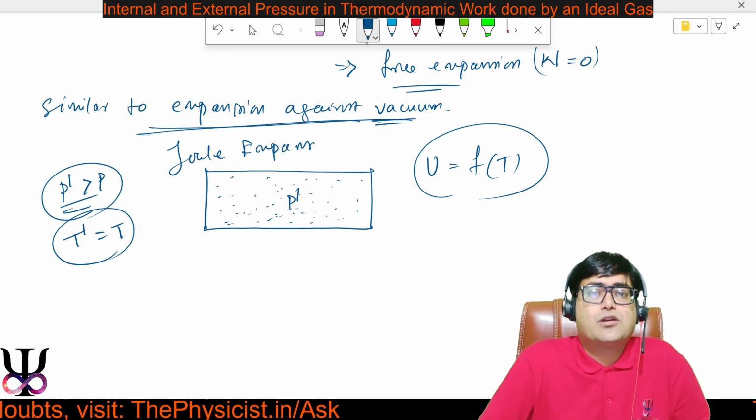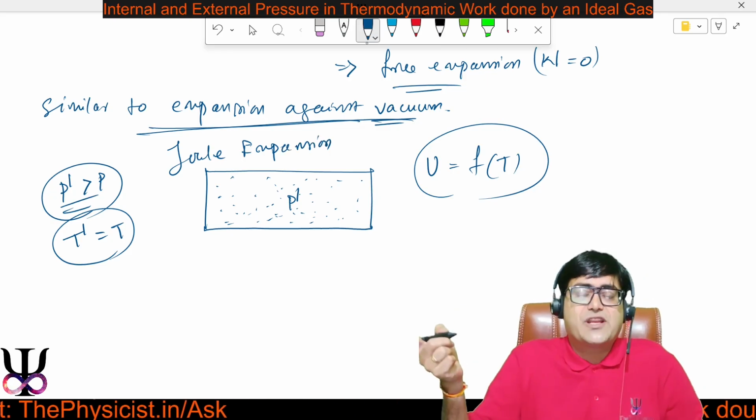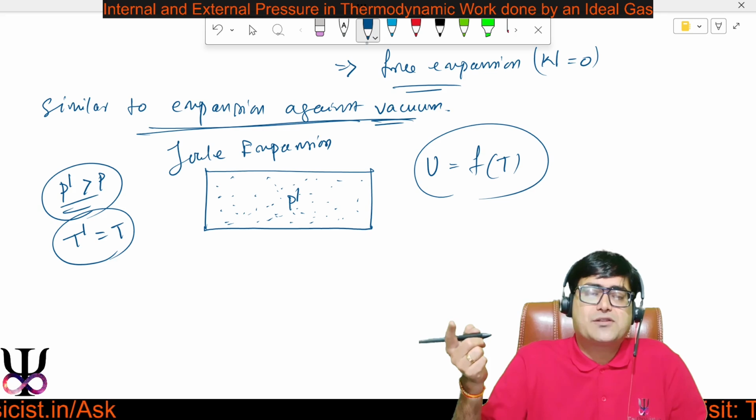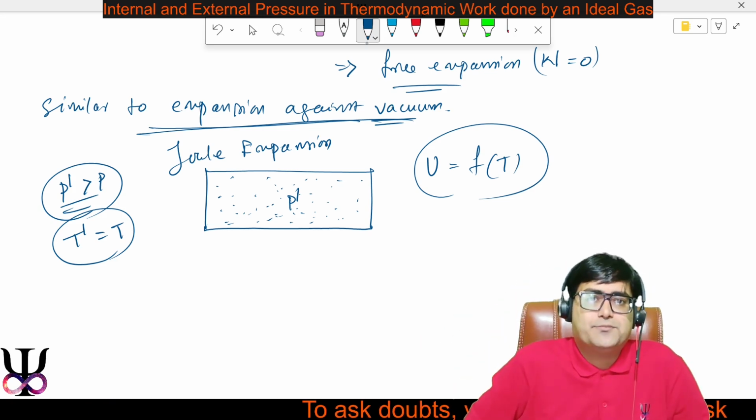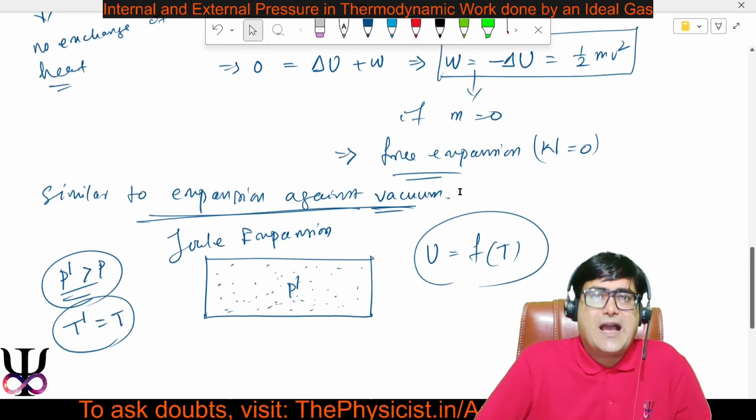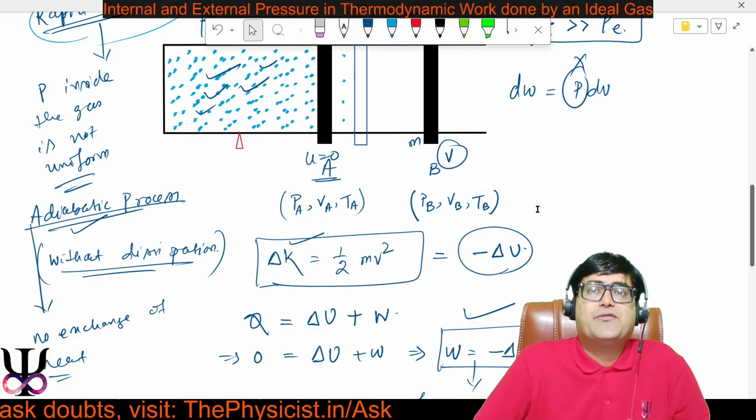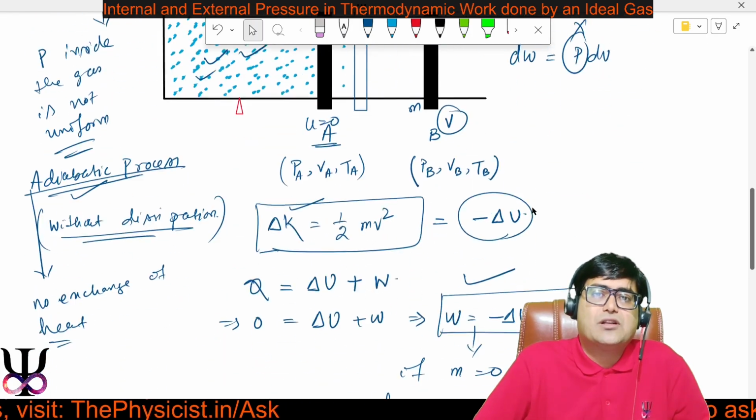It's not the same as Joule-Thomson expansion. A Joule-Thomson expansion involves real gases. Joule expansion involves ideal gases. I hope you've understood this. So I'm only giving you examples where you can't use the internal pressure, so how do you find the